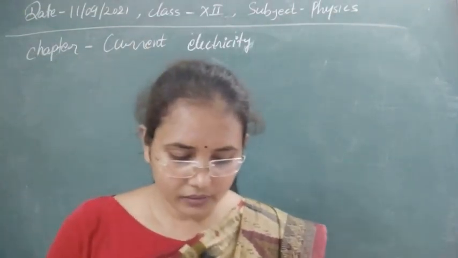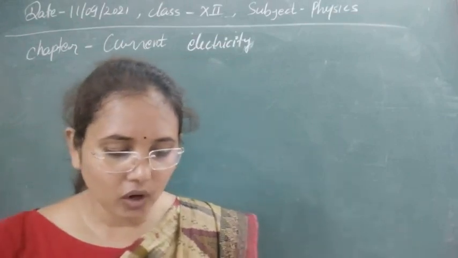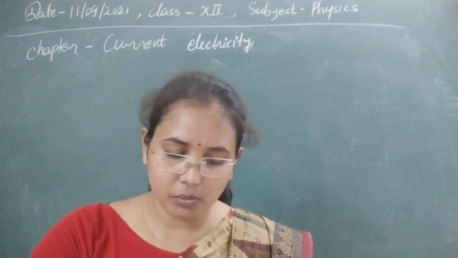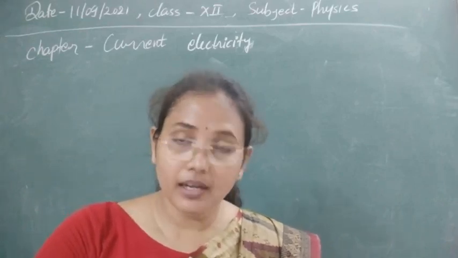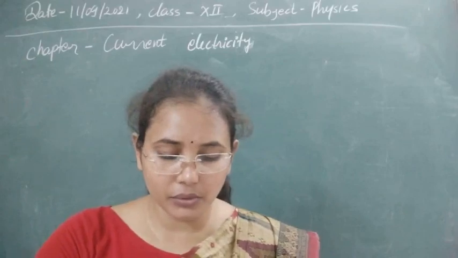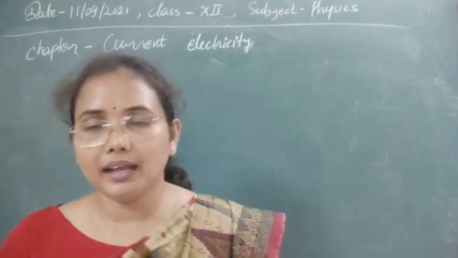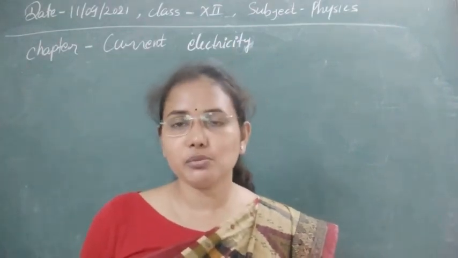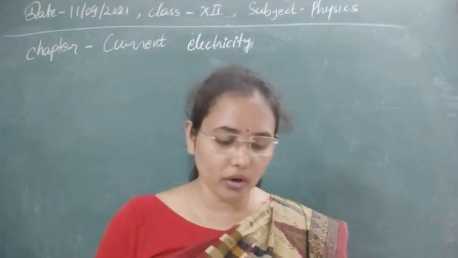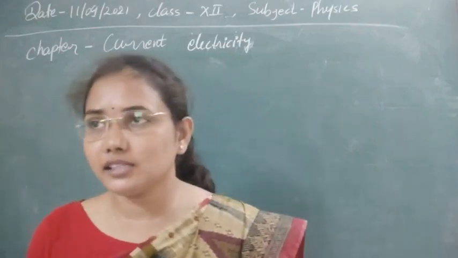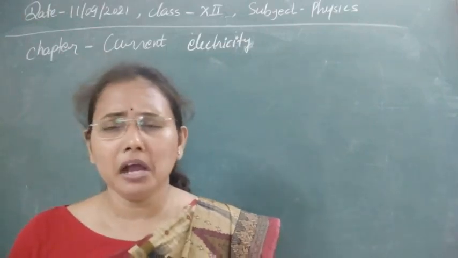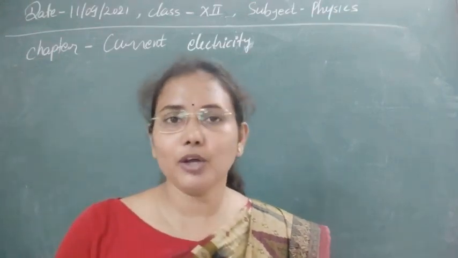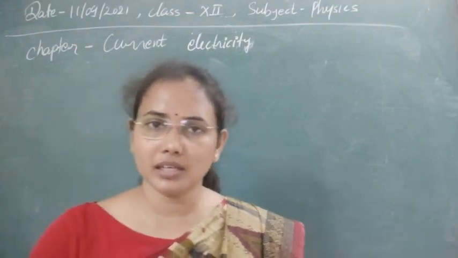Now let's see the next one. The next question is, the electron drift speed is small and the charge of the electron is also small, but still we obtain a large current in a conductor. This is due to, so as you know, the electron's drift speed is very small, and the charge is also very small, 10 to the power minus 19, a very small quantity. But here we are obtaining a very large amount of current in the conductor. What is the reason? In the answer, some options are given. First I will read the options, then I will discuss them.